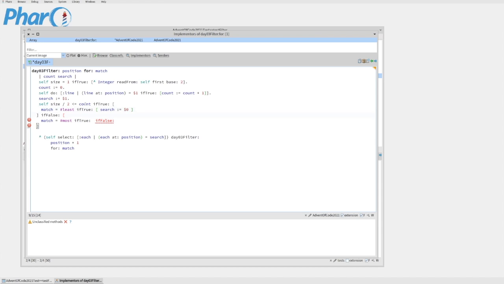Otherwise, if match is most, then I want to set search